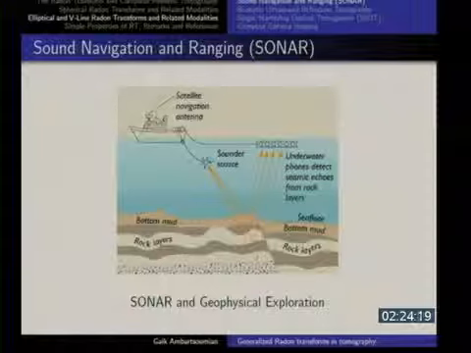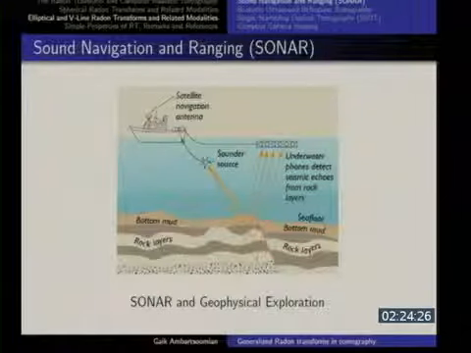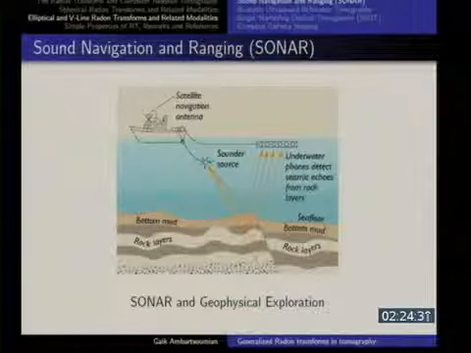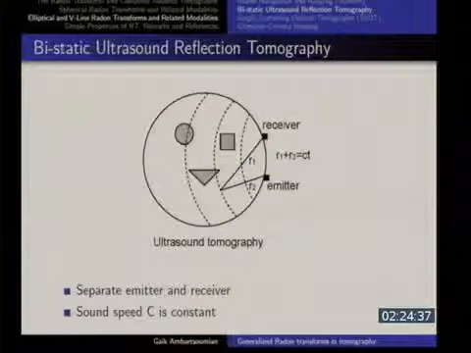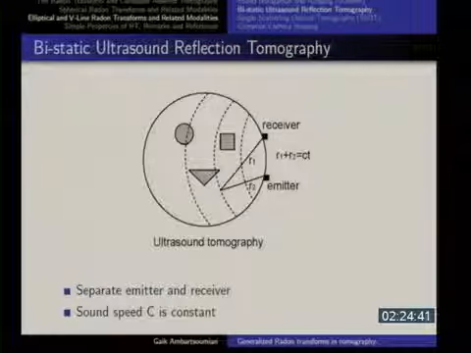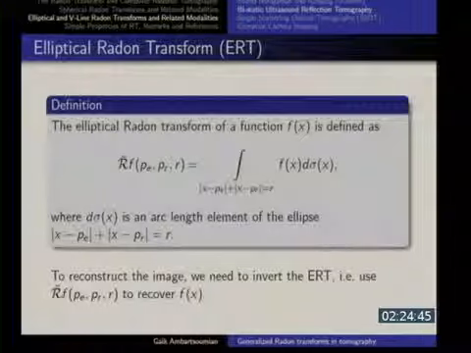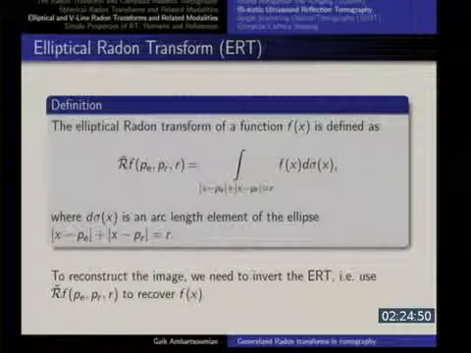And as soon as you separate the emitter and receiver, instead of circles, you get ellipses. And the math becomes very quickly very complicated. The circles have so much symmetry that you can do a lot of nice math, which you'll see tomorrow, which you cannot do with ellipses. You can do the same thing, by the way, in medical imaging. Receiver and emitter, and this distance is constant. So this brings us to the definition of the elliptical Radon transform,